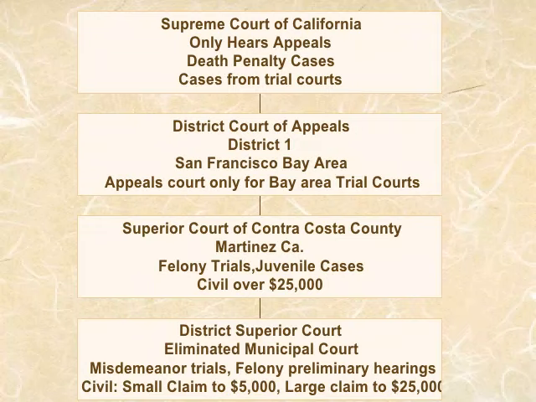Now, Superior Courts, the bottom 2 boxes, those are courts that deal with questions of fact. They deal with whether or not the person committed the crime. Are they guilty or innocent? If you look above that, District Court of Appeals, they don't deal with whether or not somebody's guilty or innocent. They deal with, did the court provide due process? Did they violate the person's rights? Or is there evidence that shouldn't have been allowed in? Was it a fair process?